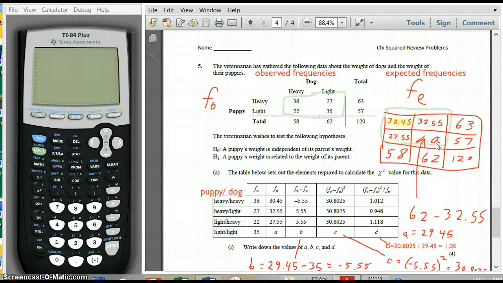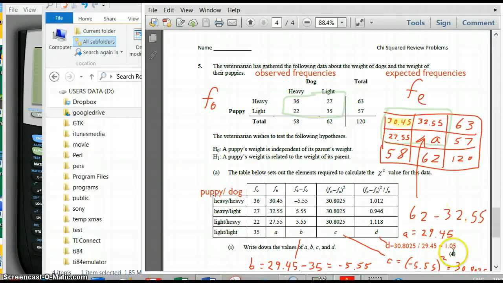Now for the last problem. This is looking at how you calculate chi-squared. In this problem, they look carefully at how chi-squared is actually calculated. Your calculator does this automatically, but in this problem, you can't really use your calculator because it's looking at it more in detail. And basically, when you calculate chi-squared, what the calculator is doing is it looks at the two tables that you have, and you really only have one table, which is the